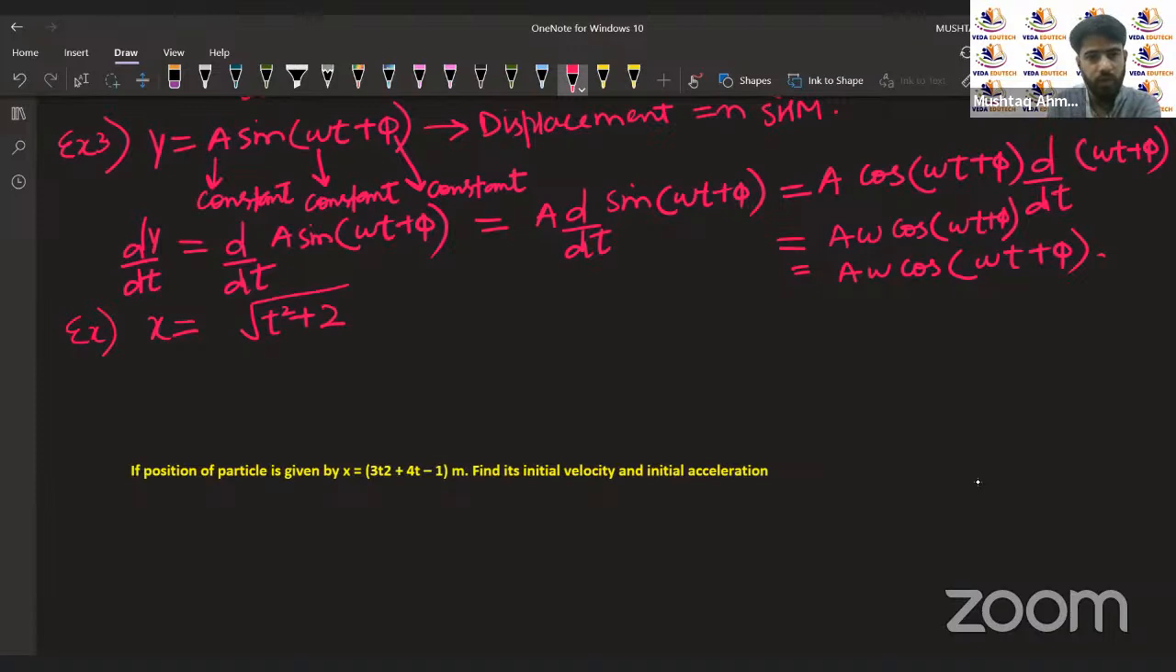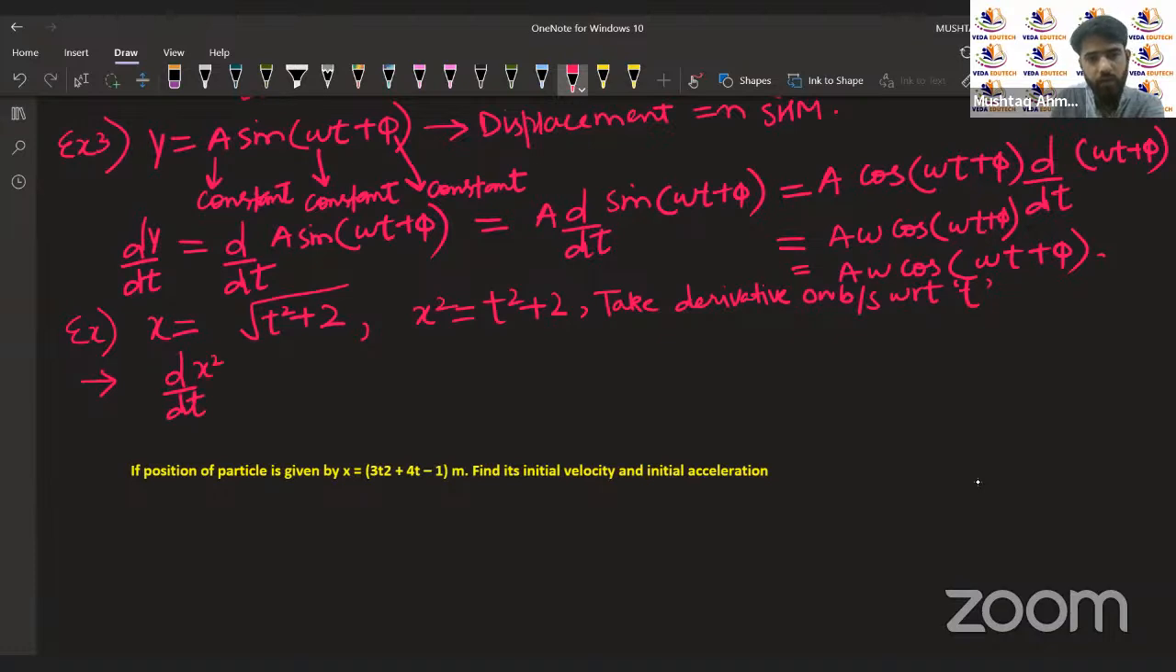रेस्पेक्ट में। हम एक काम कर सकते हैं, हम इस रूट को हटा के यहाँ पे एक्स स्क्वायर लिख सकते हैं, x square equals t square plus 2, और दोनों साइड से जो है टाइम के रेस्पेक्ट में डेरिवेटिव ले सकते हैं। Take derivative on both sides with respect to t। t के रेस्पेक्ट पे दोनों साइड से डेरिवेटिव लेंगे, तो फिर d by dt of